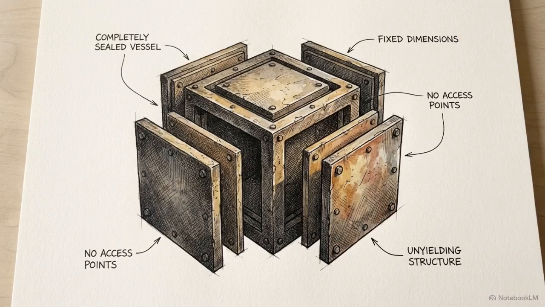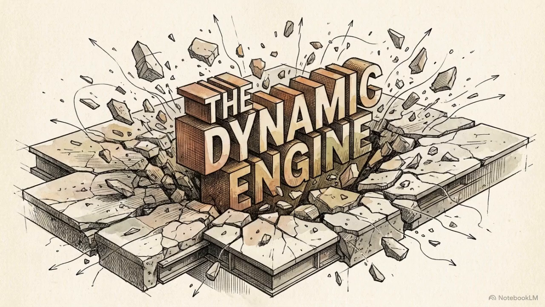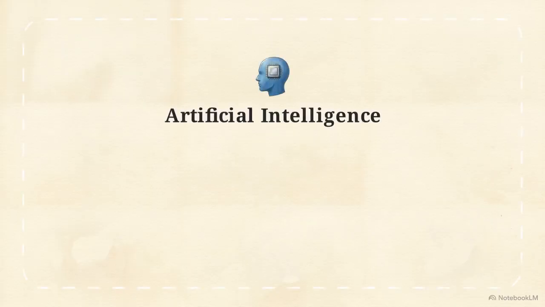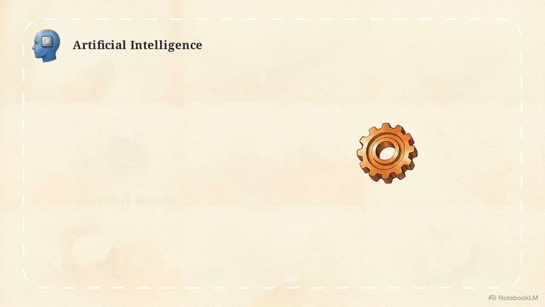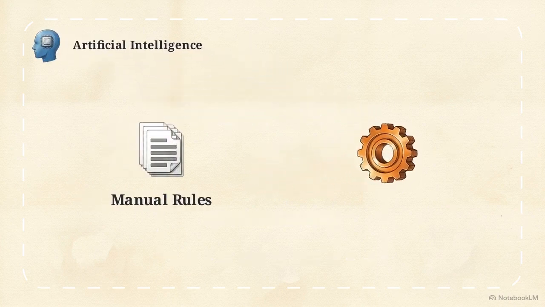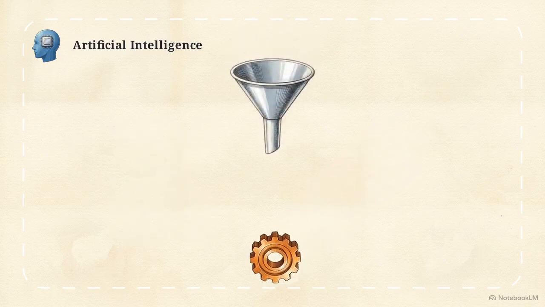AI on its own, without a mechanism for continuous learning, is a rigid vessel. It hits a hard technological limit the moment it encounters the messy reality of the real world. That is the exact problem machine learning was created to solve. Machine learning is a specific, practical subset of AI. It uses statistical algorithms, sets of mathematical instructions, to identify patterns, completely bypassing the need for explicit manual programming.